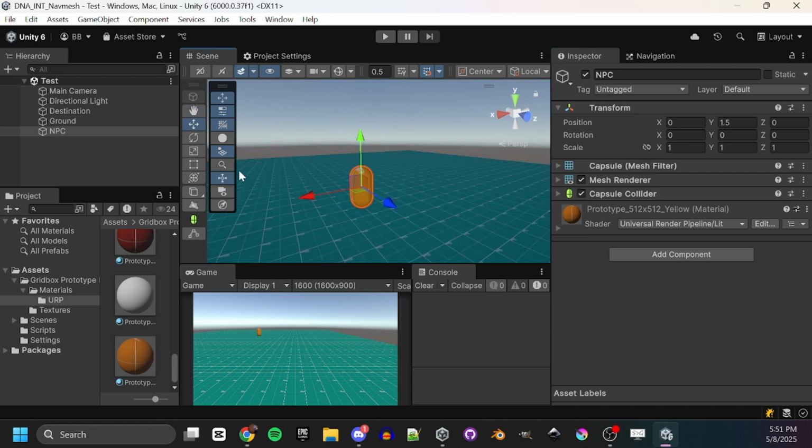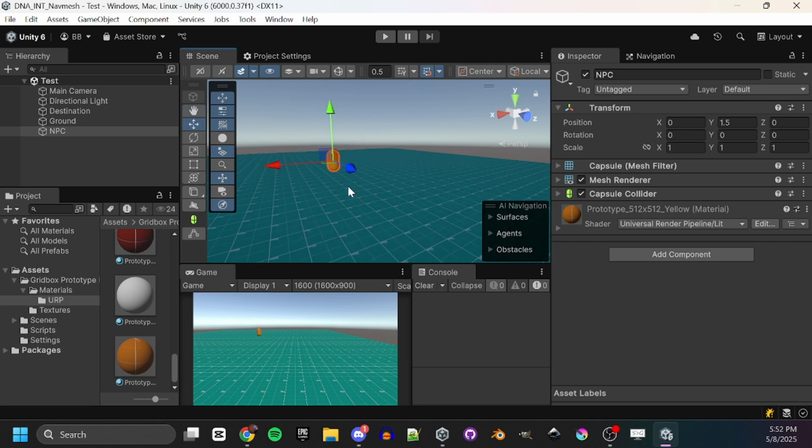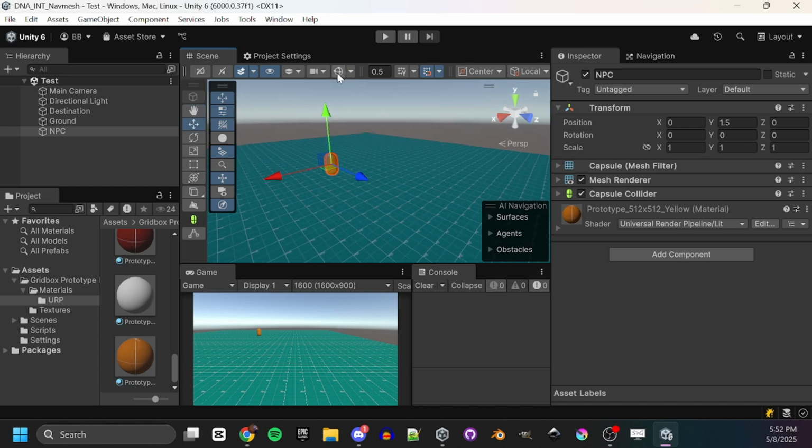So the first thing we're going to do is turn on this. You'll note that there's a button down at the bottom of this toolbar, the toolbar of toolbars, and it says AI navigation. If you turn it on, you'll see this window that shows Show NavMesh, and we have it checked. Because the first thing we're going to do is